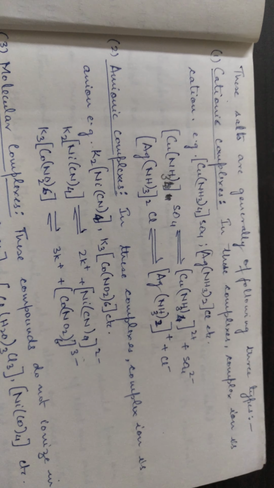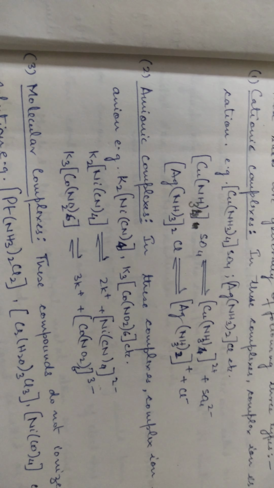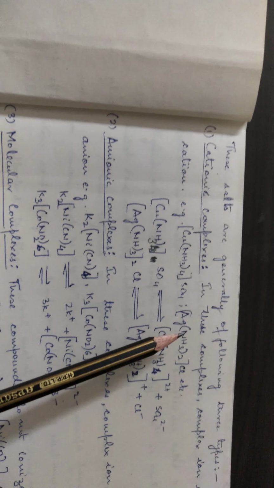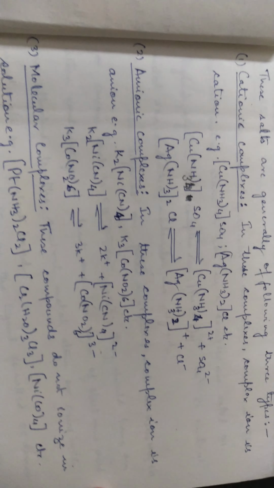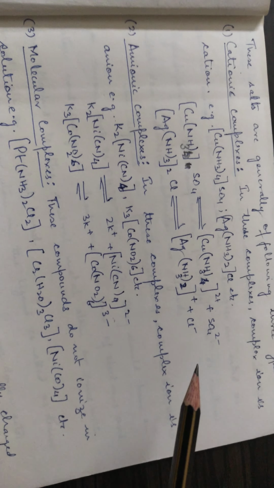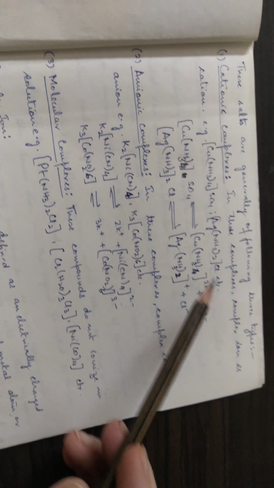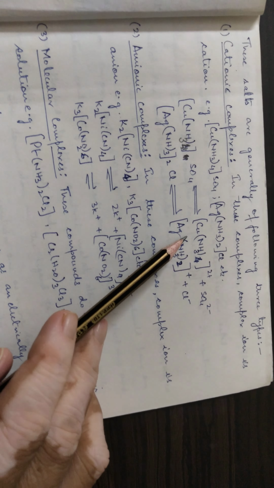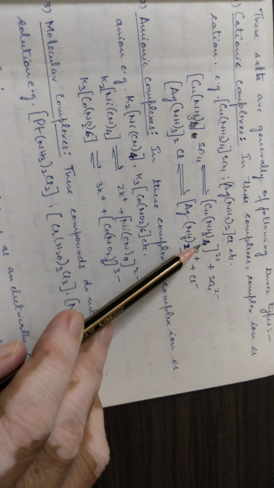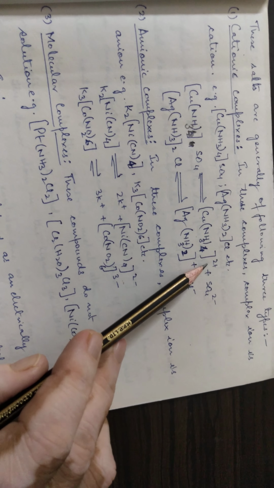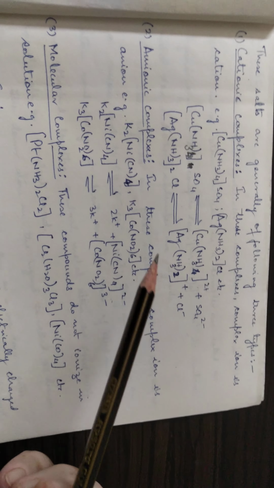Now these salts are generally of the following three types. A cationic complex. In these complexes, the complex ion is a cation. For example, tetraammine cupric sulfate. When we form tetraammine cupric sulfate, we have the ion [Cu(NH3)4] with a positive charge and sulfate ion. Similarly, we have